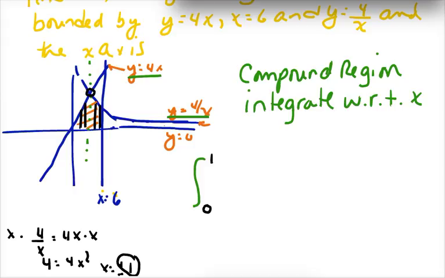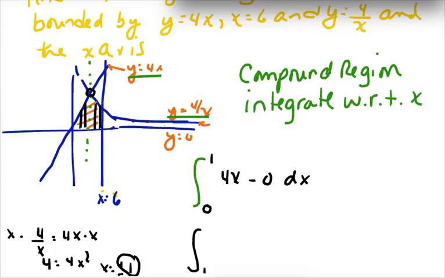Okay. That integral from 0 to 1 has the curve y equals 4x on top. And on the bottom is simply the x-axis, or the y equals 0 line. So it's 4x minus 0 dx. Okay, so that's your first integral. You have to split it up. Your second integral